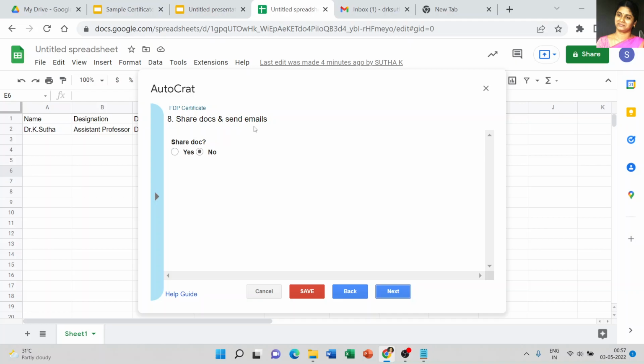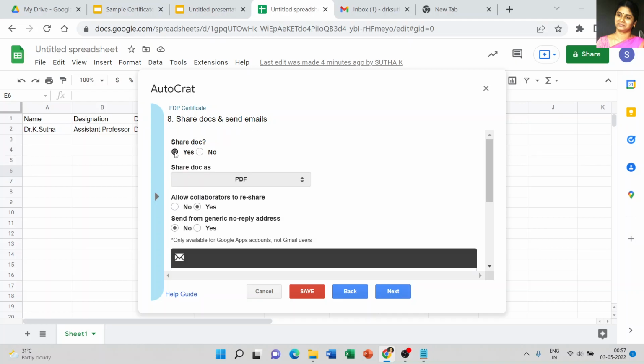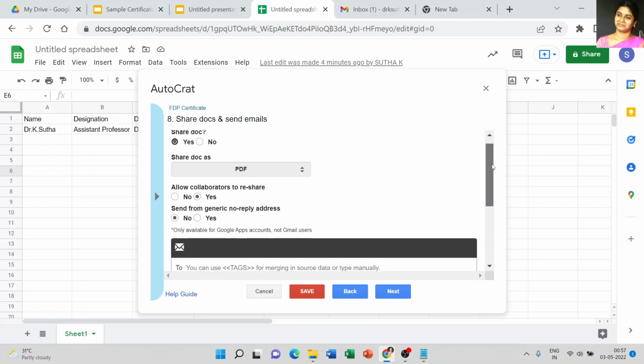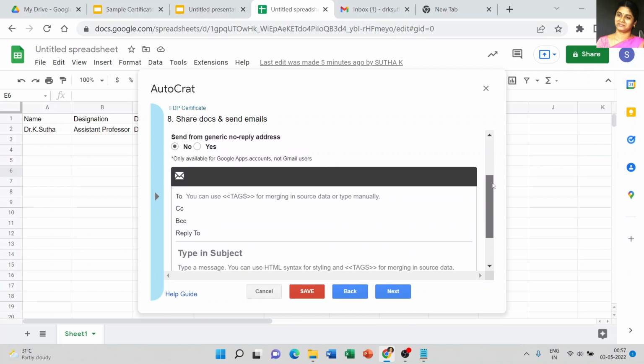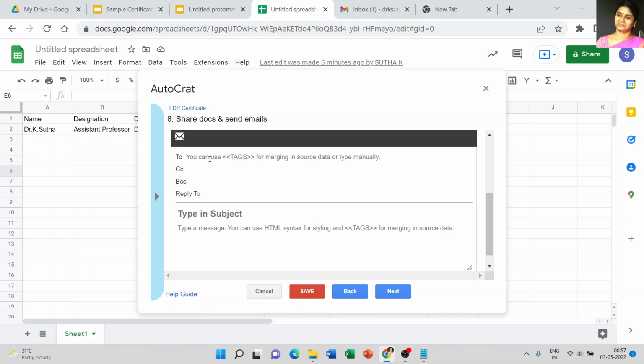share document and send emails. Yes, of course, we have to share the document and send the email to the participants. That certificate type is a PDF file, and allow the collaborators to reshare. Yes, in case you are adding some collaborator to your mail ID, it should be reflected in your collaborator also. Here, just scroll down, and this is the next most important thing